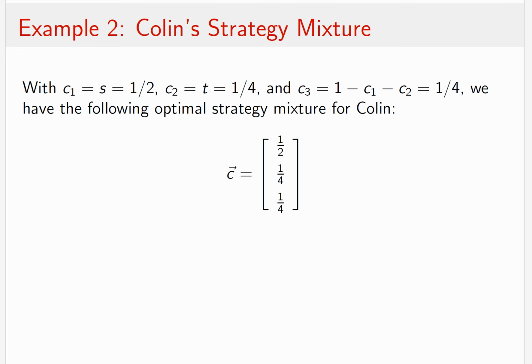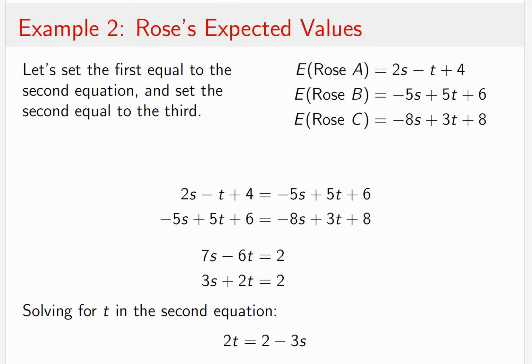Now, we've got almost everything we need. Use your words properly. We have Rose's optimal strategy mixture, that's vector R. We have Colin's optimal strategy mixture, that's vector C. What we need right now is the value of the game. And how do I find the value of the game when I'm doing equalized expectations? Well, I have all of these expected values up here, right? And I know what the optimal strategy mixtures are now,